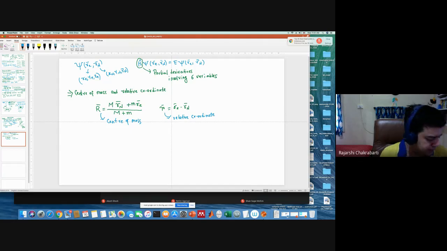Okay, is this fine? So what I'm going to do is change to the center of mass and relative coordinates, this change of coordinates. So now if I write down the Hamiltonian, you remember what the Hamiltonian was, something like